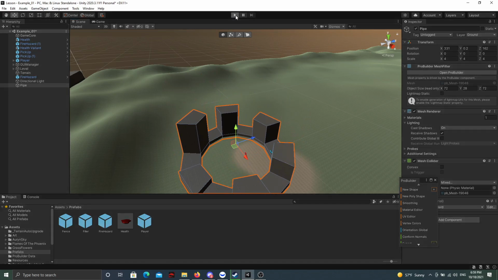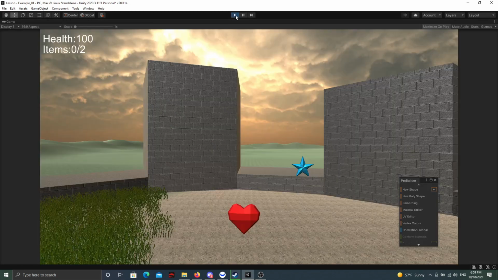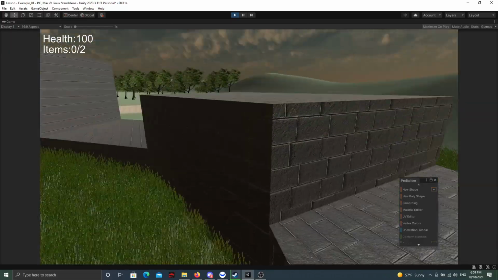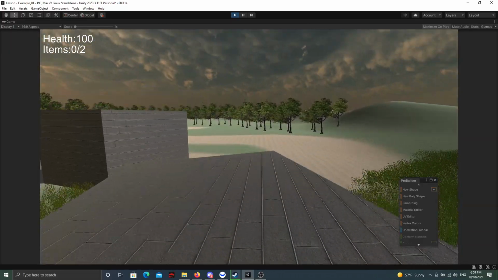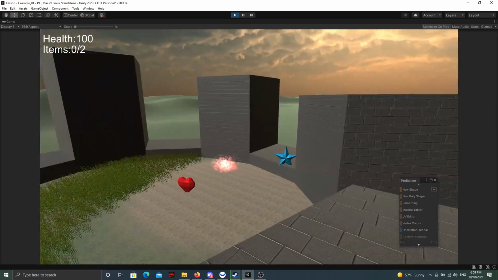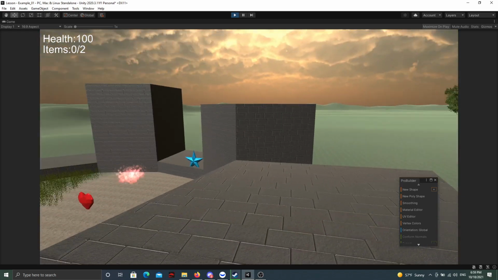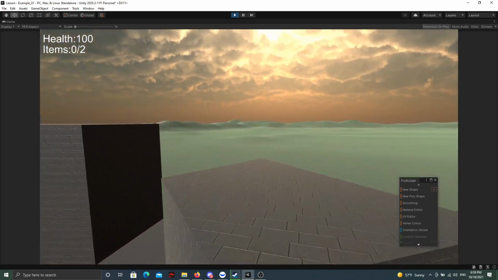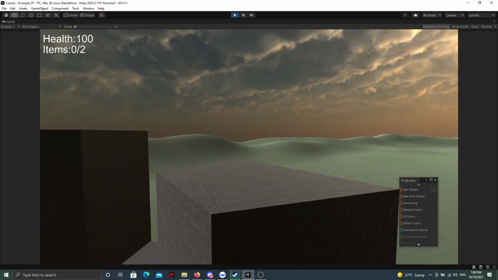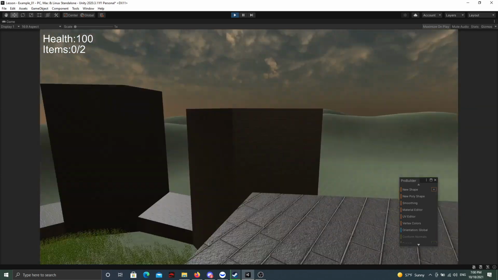And I'm going to play the game real quick just to see what this is like to jump around on. So there we go, we have our object here. And I can jump on it, and I should be able to jump to the next platform. Yep, I can just barely make it. All right. So now you can get the idea that just with these quick, simple Probuilder tools, you can make all kinds of interesting platforms for your level